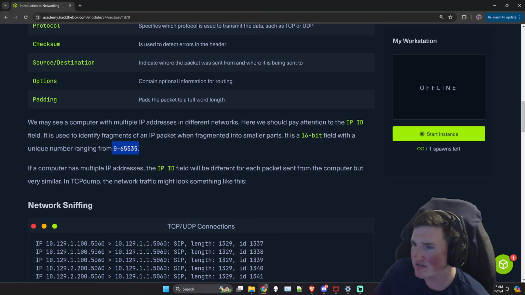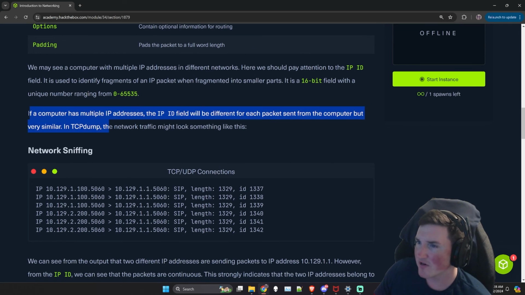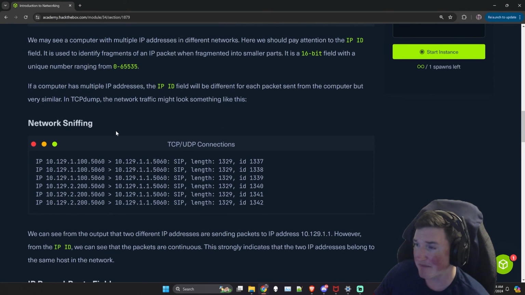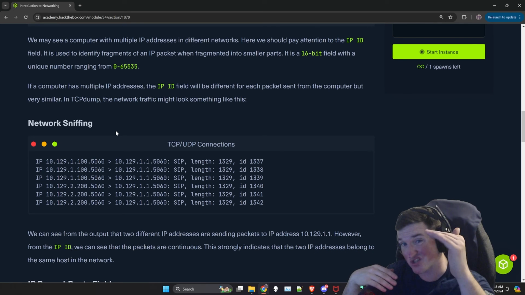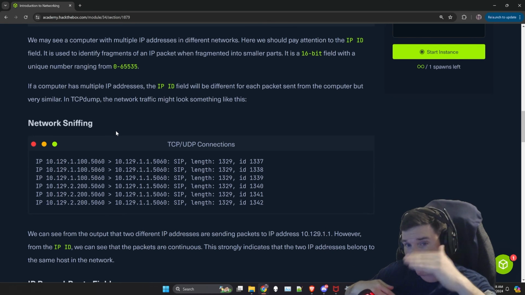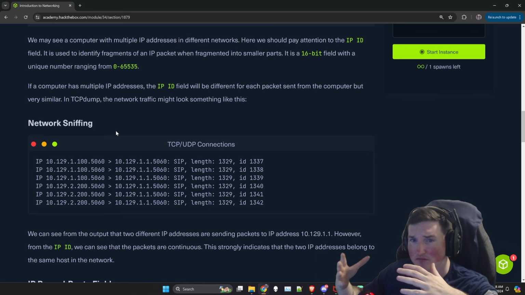Then we know that there's 65,535 unique ports, I'm sorry, that's the most that you can have. Okay, so if a computer has multiple IP addresses, which just happens when you're dual homed, as it's called, the IP ID field would be different for each packet. So what that means is you can actually filter it based on where that traffic would go. So if you have an IP address externally facing, like for a website, and then you have an IP address internally facing, both on the same server, one to access internal resources, one to access external, I can sort them out, right?